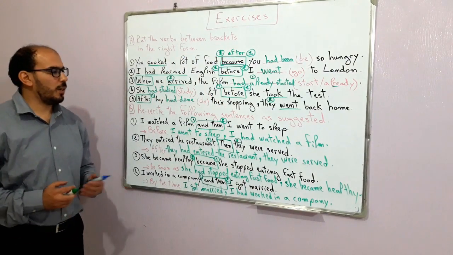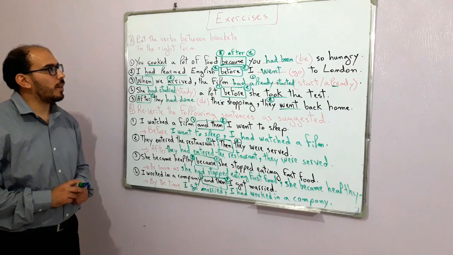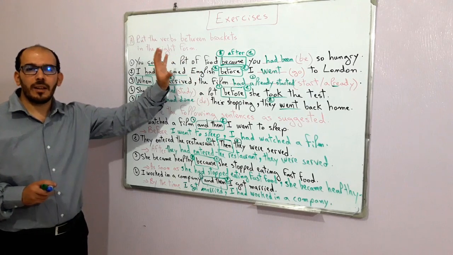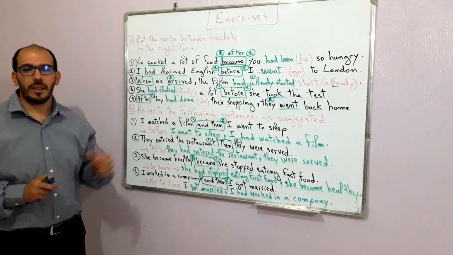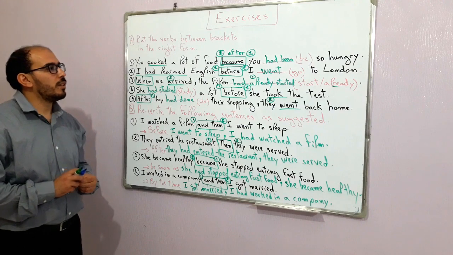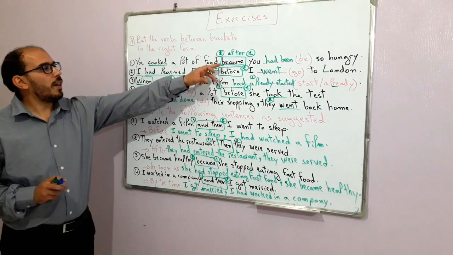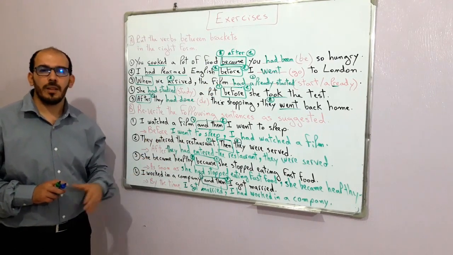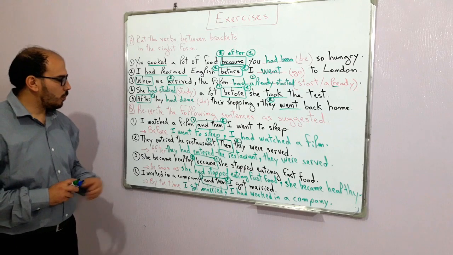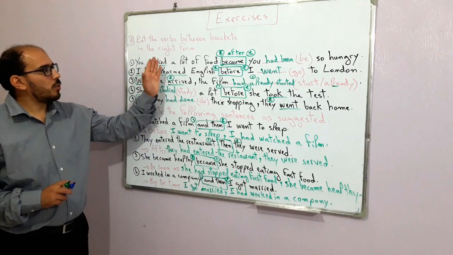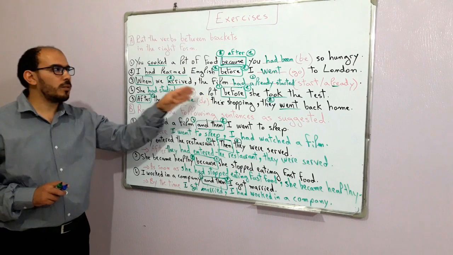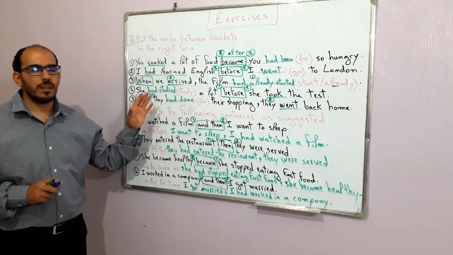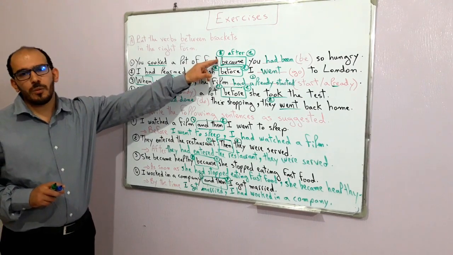That's it. So this is how we answer exercises in the past perfect tense. All the time, the first thing I have to check is the time of the two activities. Are we talking about two activities in the past or not? Then I have to look for the keywords, like because, before, after, by the time, as soon as, and so on. And then I should know which one is activity number one and which one is activity number two. And then I just put it in the right tense, because activity number two must